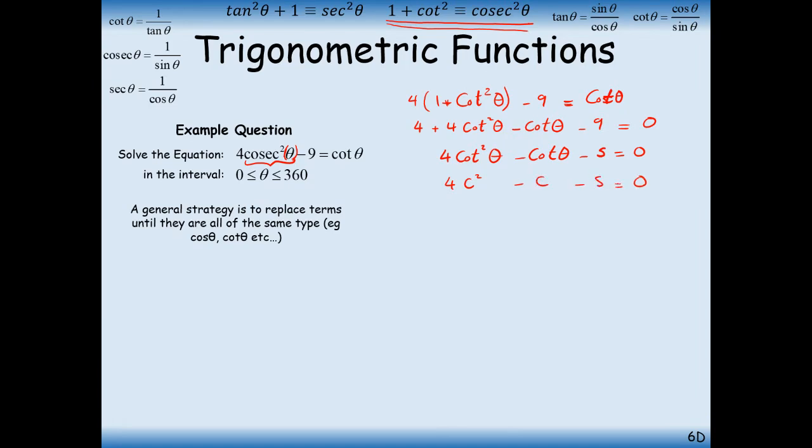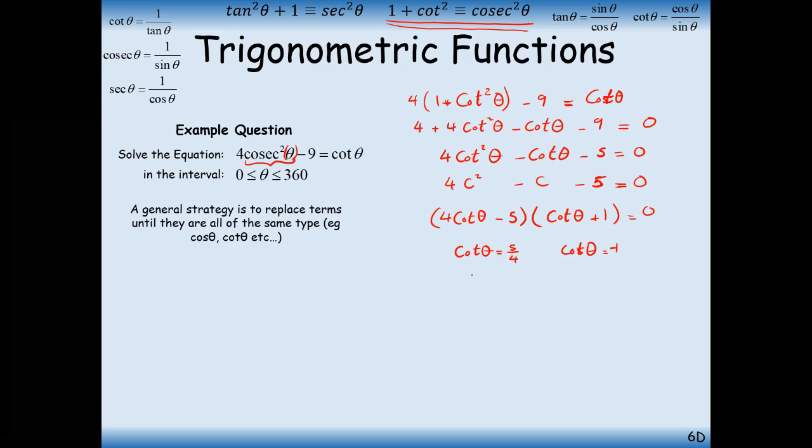Now, with your graphic calculator or the quadratic equation, you can factorize this expression into 4 cotan, I'm going to go back to cotan rather than c, minus 5, and the other factor would be simply cotan of theta plus 1. Okay, it's equal to 0. So one of the answers will tell us that cotan of theta is 5 over 4, the other is -1,